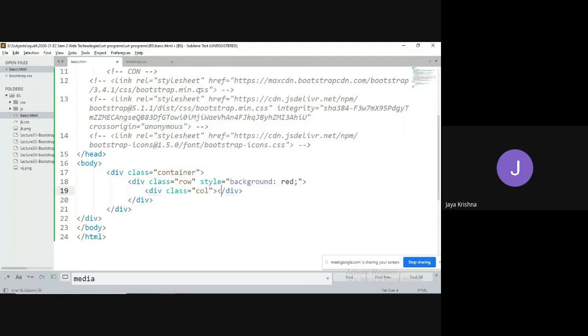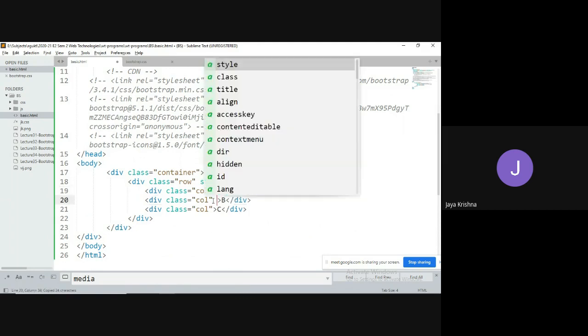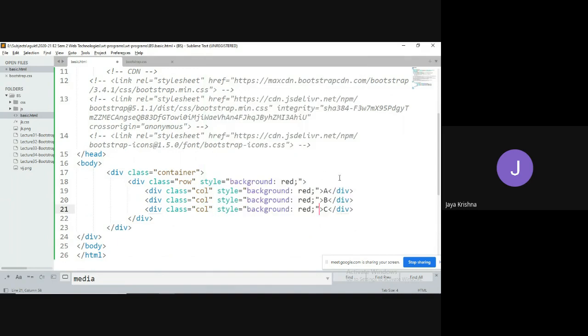Like this, if you want three columns, I can copy. For example, this is A, this is B and this is C. This is green, this is pink, this is orange.